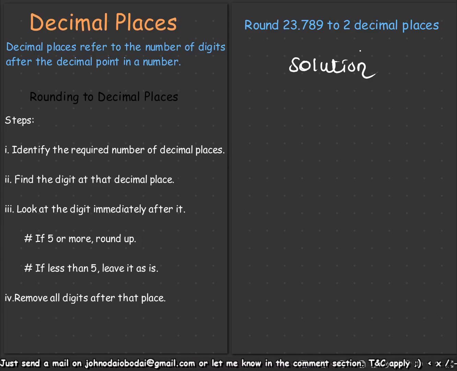So instead of rounding to two decimal places, we could have also said round to the nearest 100th, because two decimal places is to the 100th. So we come and say our digit is